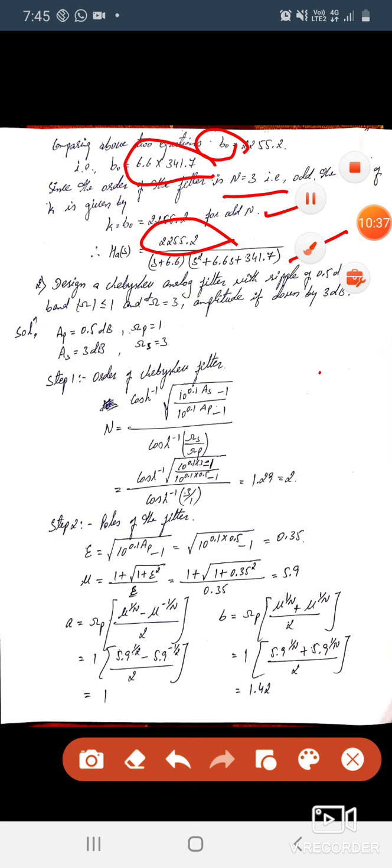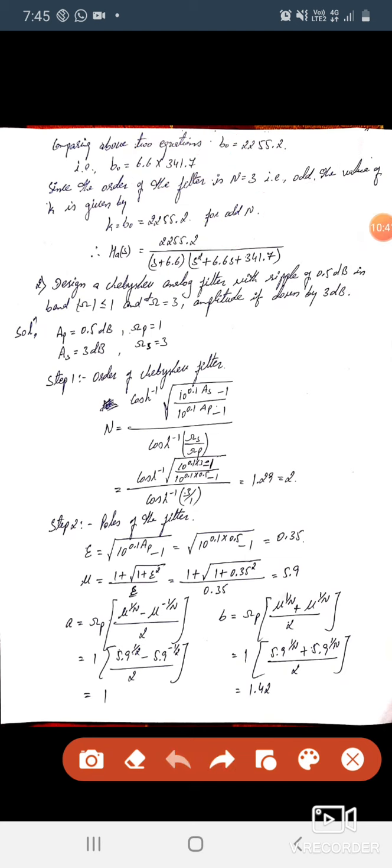Okay, next we will solve based on Chebyshev filters. All the procedure is the same. Okay, the only thing we have to find is the initial values, I mean what the given data are. If you write correctly, use the appropriate equations, then find the system function. That's it. Okay, each question carries 10 marks or else 8 marks. Not below this marks will be asked in the examination.